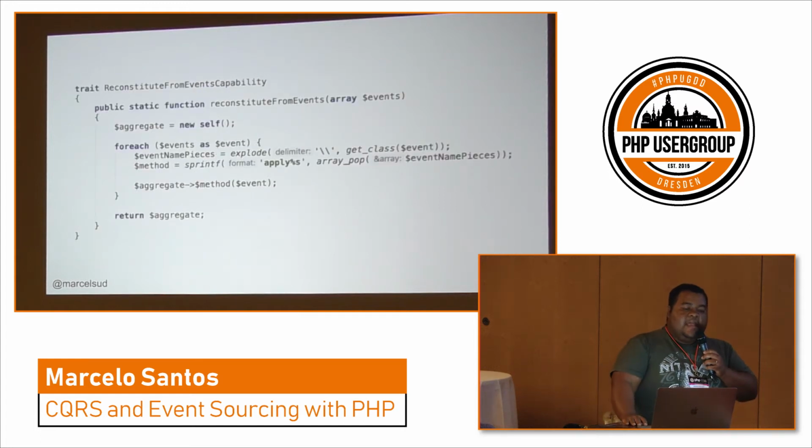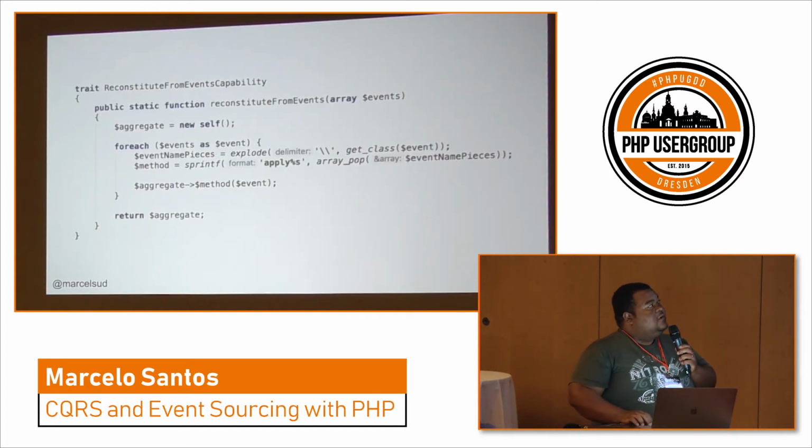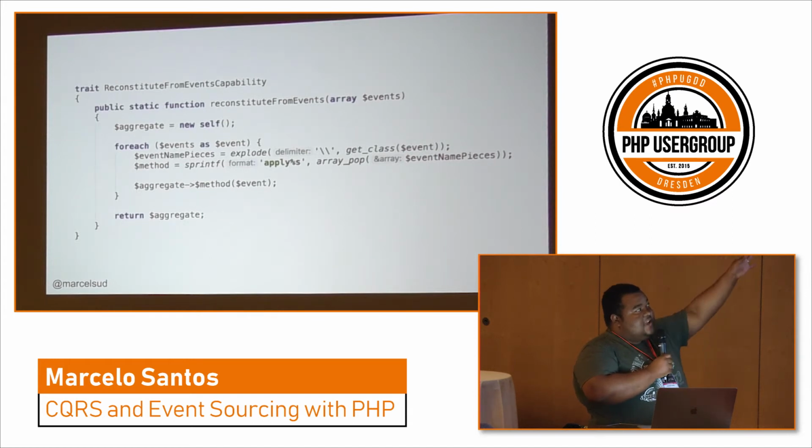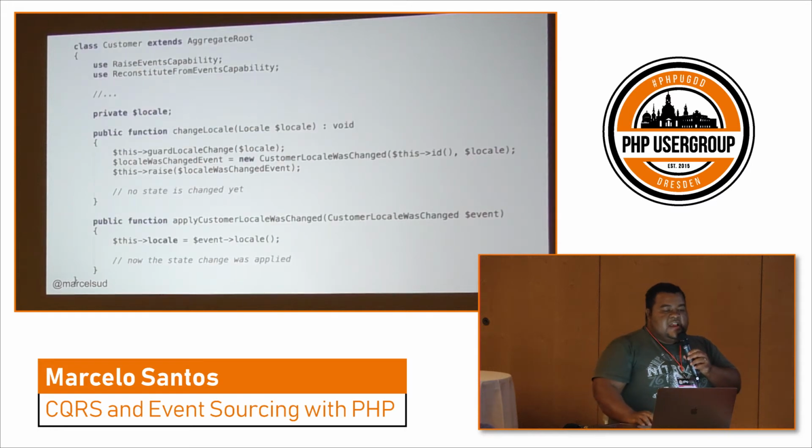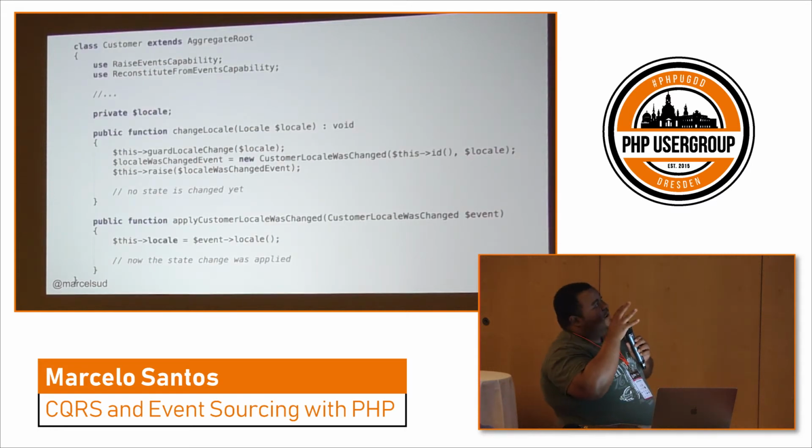And then I want to reconstitute from the events whenever I need to reconstitute the state. So very naively again, I just get all those events, replay them in my aggregate, my entity, my object, and then I have the current state of that aggregate or object. And this is how it happens in my aggregate root, or in my entity or my service.